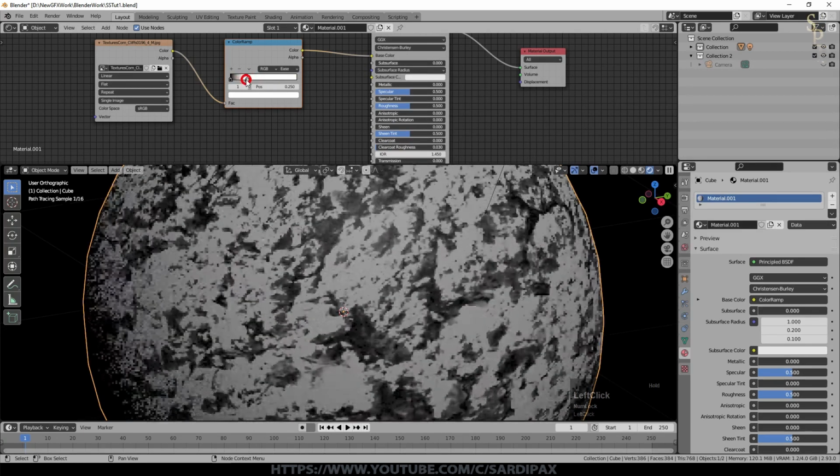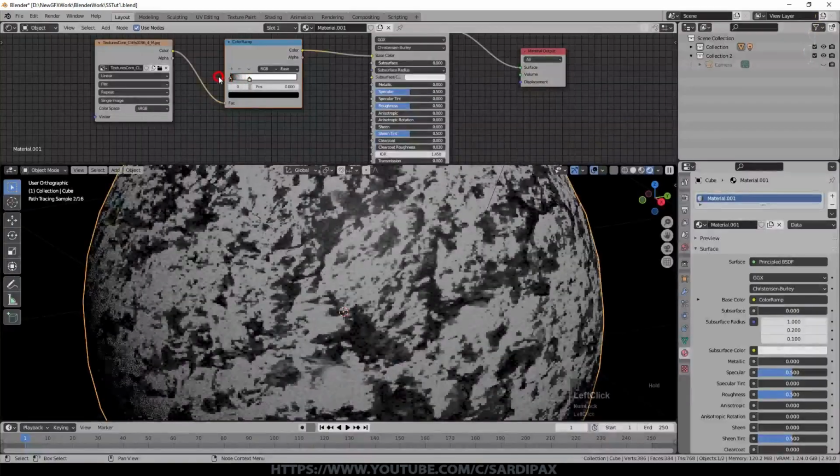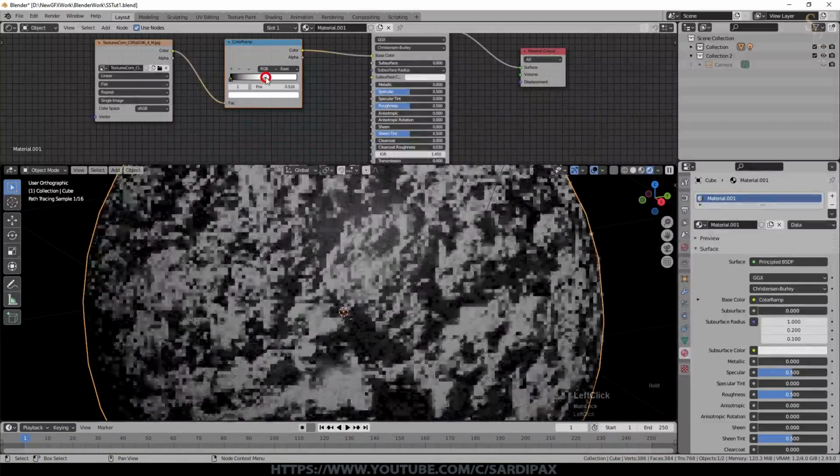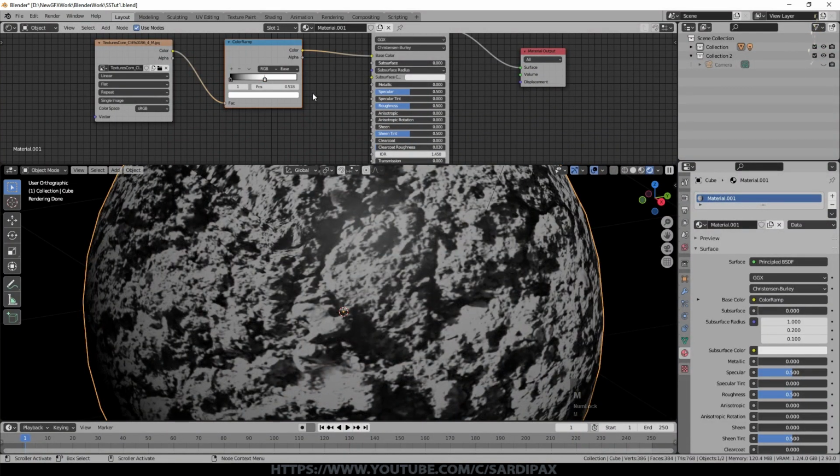I don't have to do this, but it just allows me to have a little bit more control. I could have it really tight like that, but that would just be too much. I want a little bit of grayscale in there. So without it, there's the full picture, and with it, that's what we're getting.